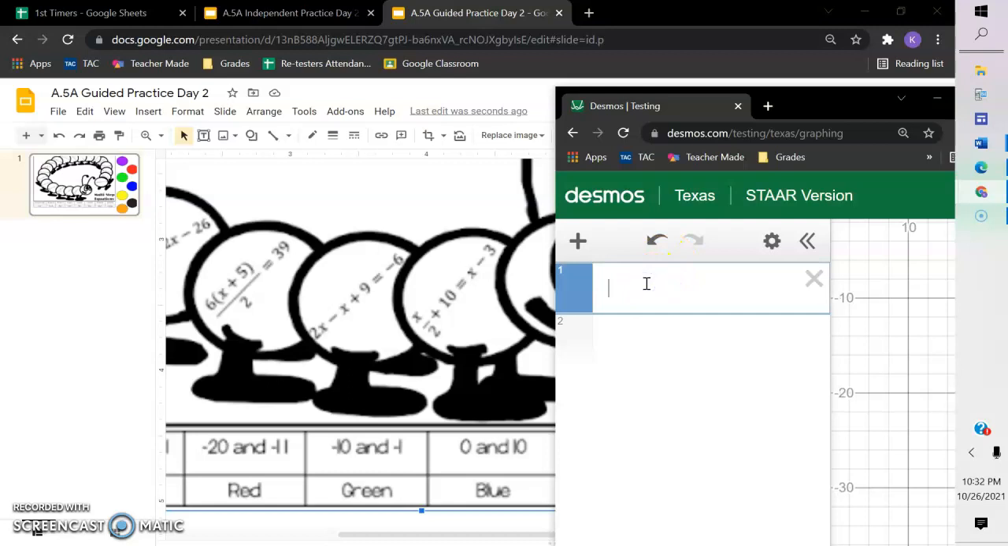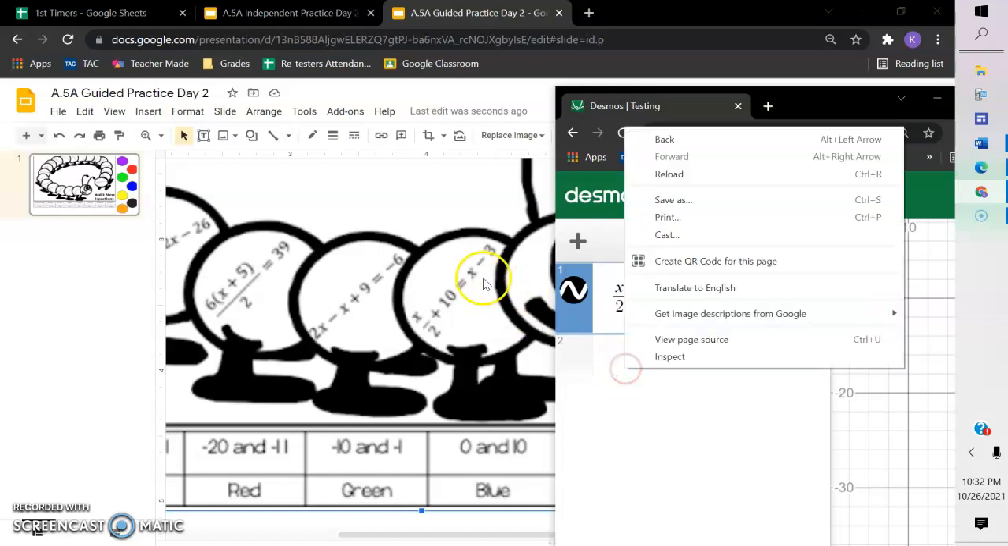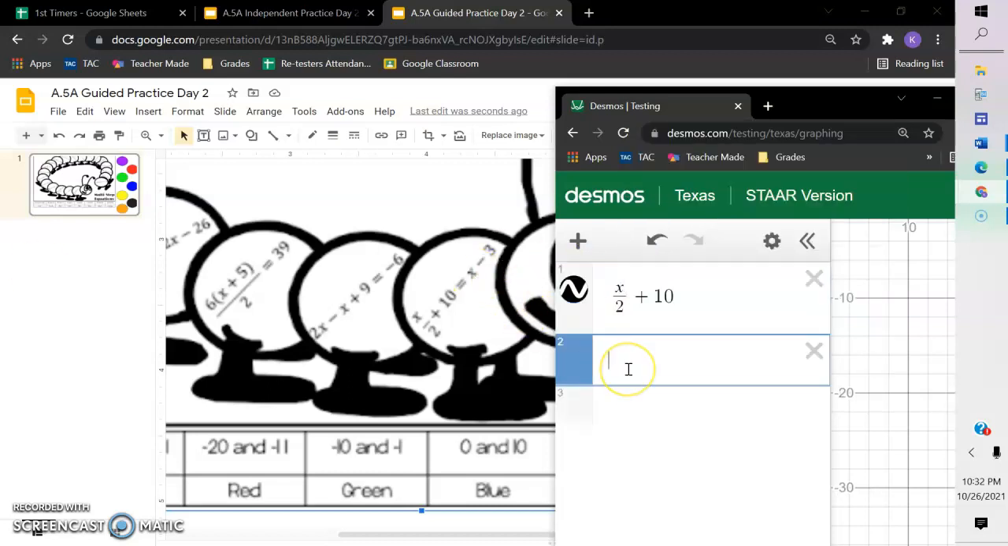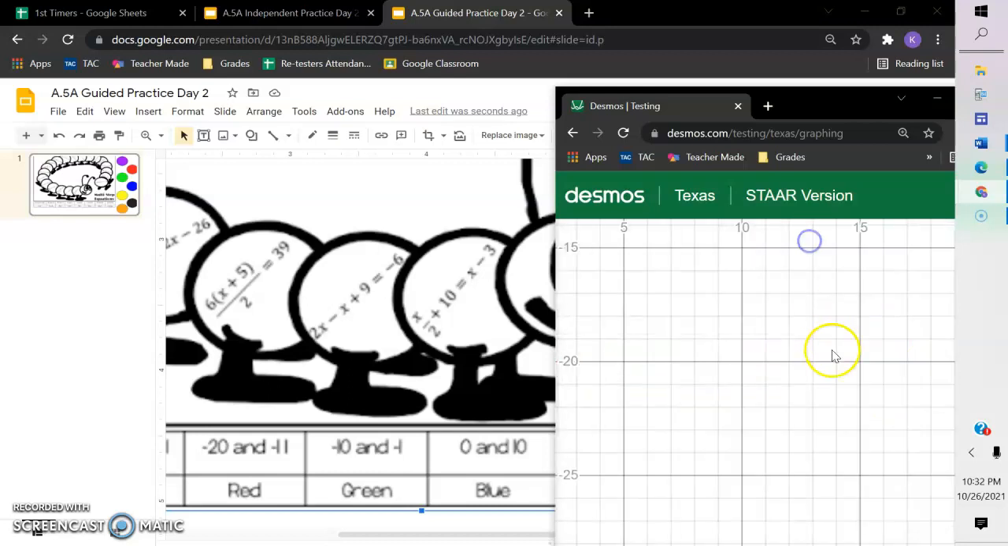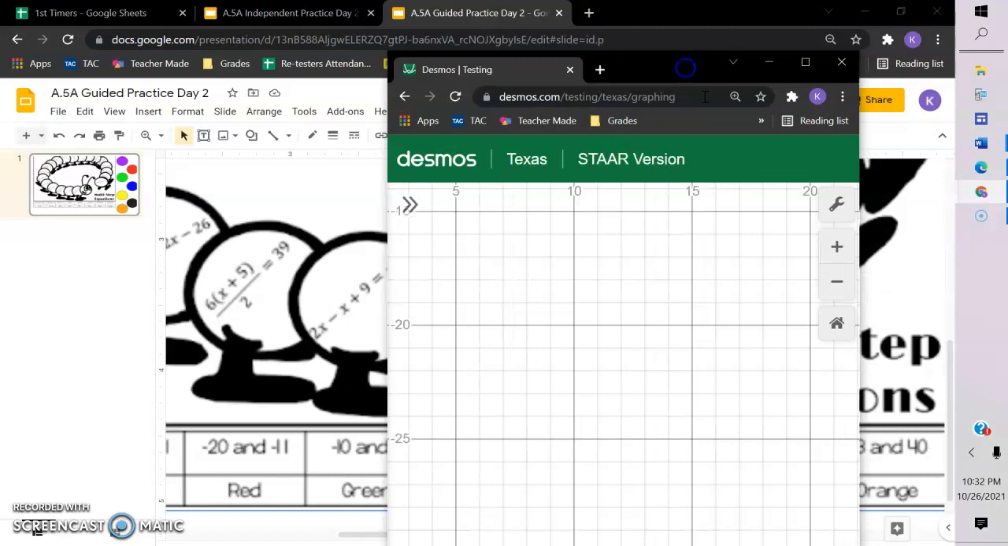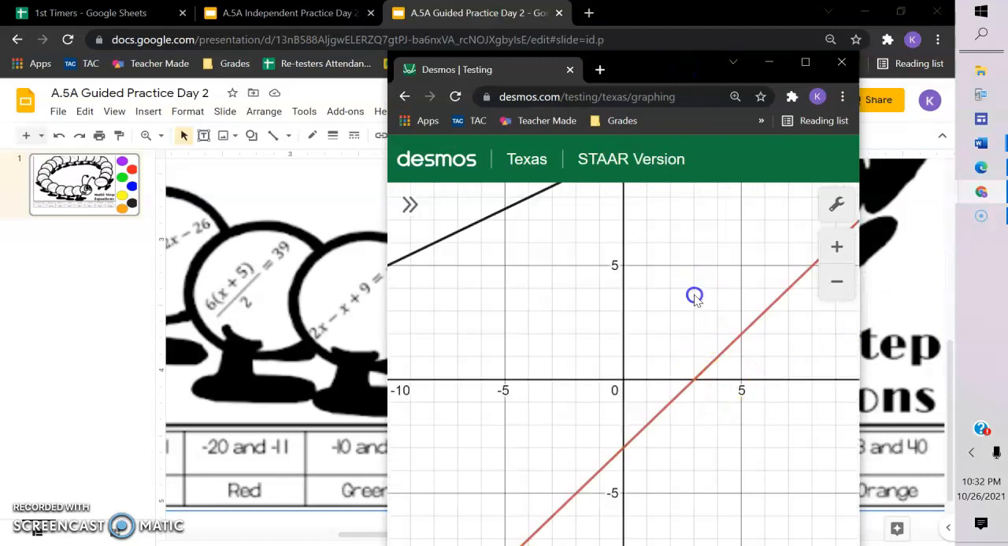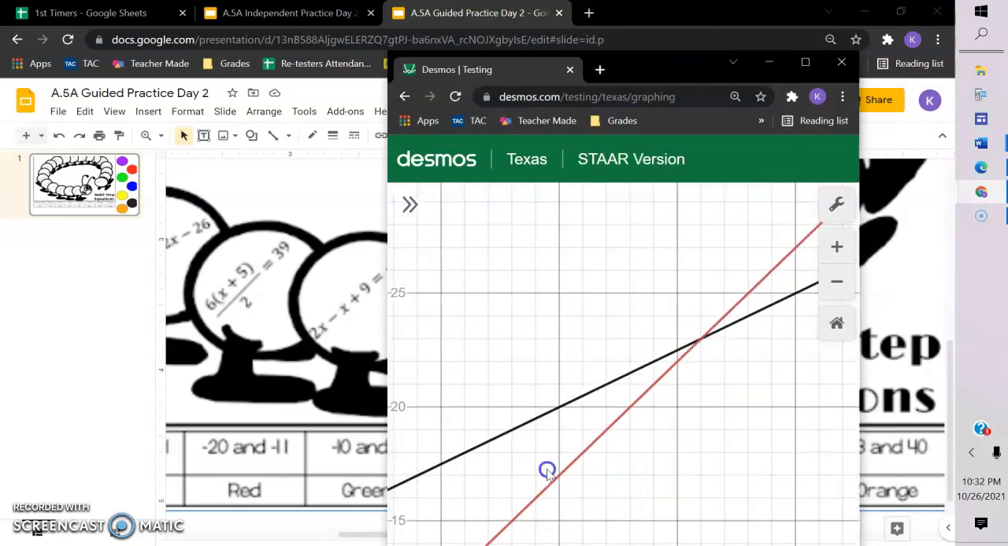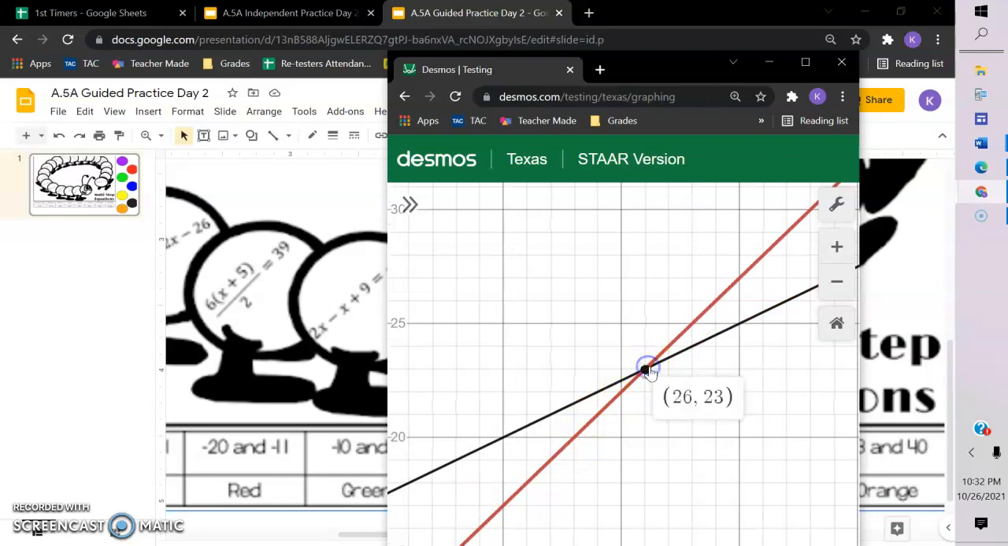So on this one we have x divided by 2 to the right plus 10. And then number 2, you're going to type in what is on the right side, which is x minus 3. So again, I'm going to go over here to the home button so that I can see where more or less you're going to cross. You're going to cross right here, which is